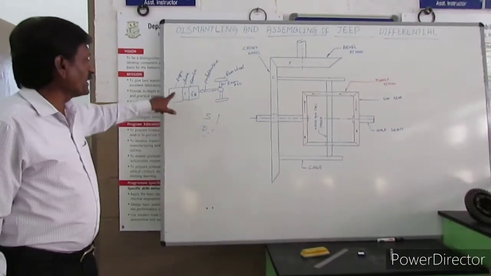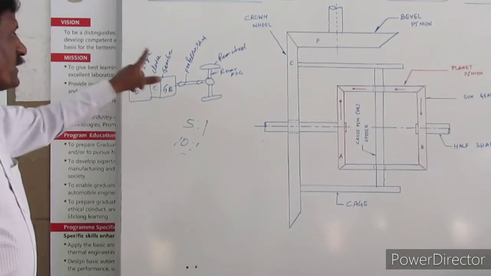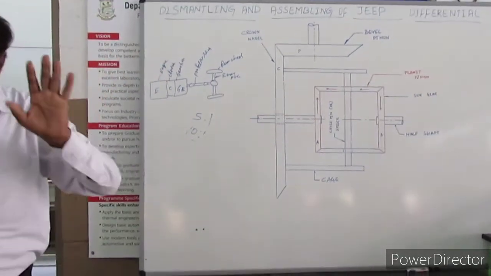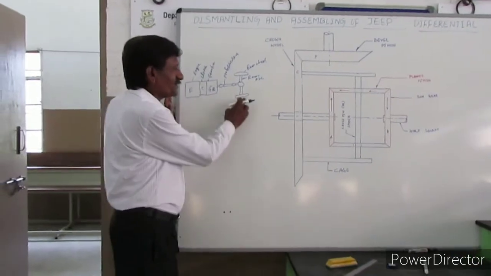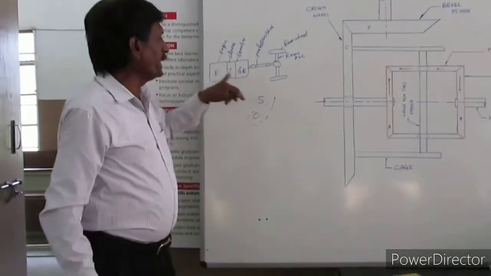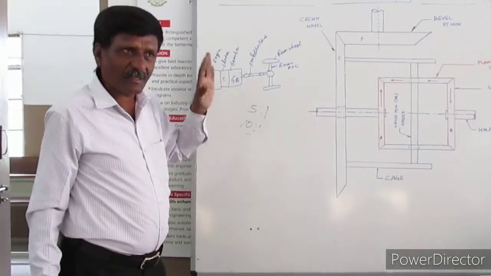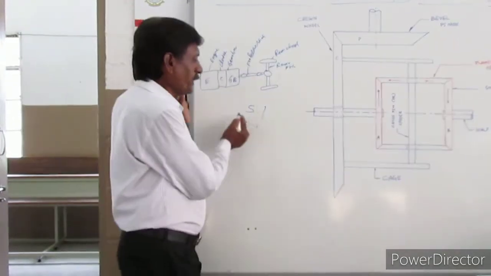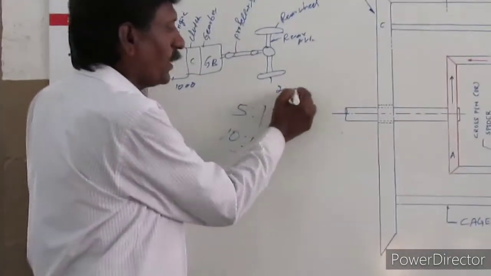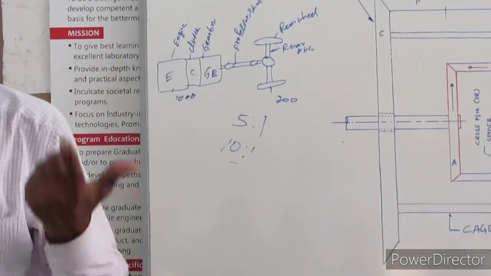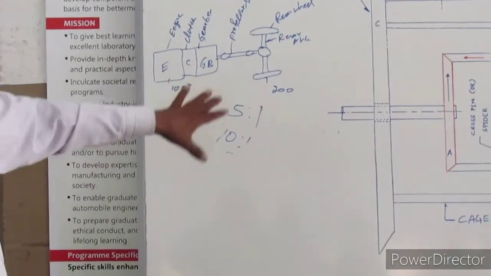That means, for example, if the engine is running at 1000 rpm, when it is in the top gear, the engine and the gearbox output shaft both run at the same speed, but the rear wheels always run at less than the speed of the engine, because in the differential there is a constant reduction in speed. Okay, that it may be 5:1. For example, if the engine runs at 1000 rpm, the maximum speed of the rear wheel may be around 200 rpm. There is a constant reduction to increase the torque at the rear wheels.